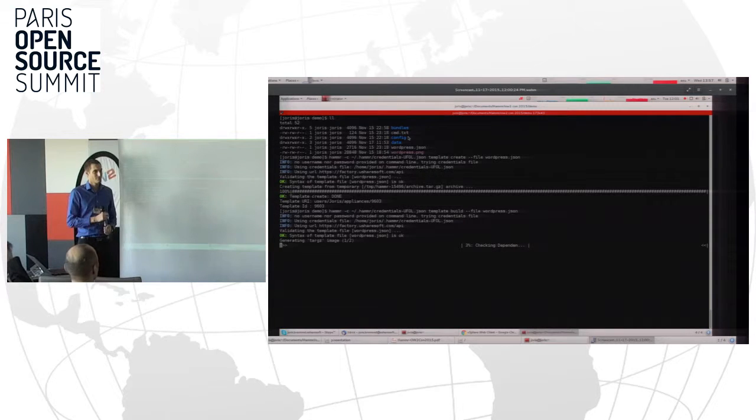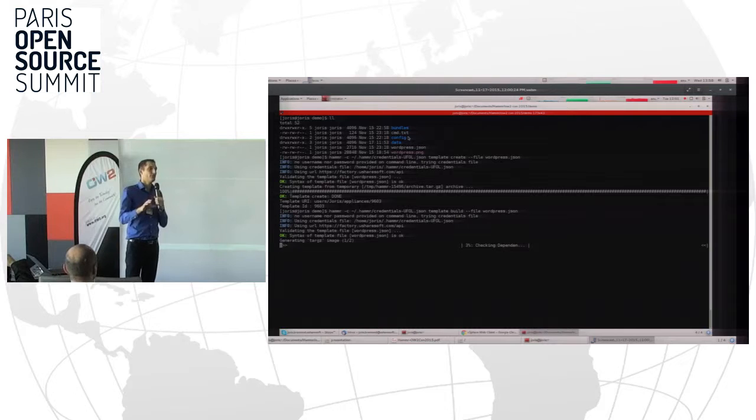Yes. Do you have plans to enlarge it to allow for the configuration of multiple images? For example, for a service platform, we may have several virtual machines to deploy your applications. So do you plan to have this kind of hierarchy of images? You speak about multi-node deployment?